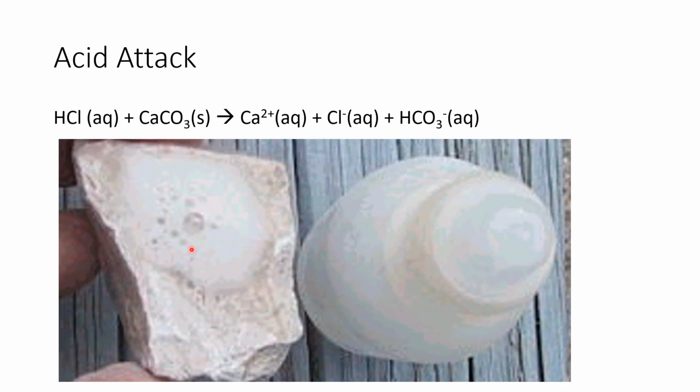Now, what's going on with the bubbles? What's the fizz? Well, I didn't write it, but what happens is this HCO3, that is the bicarbonate ion, will actually combine under the acidic conditions where we put the hydrochloric acid on there. It'll combine with another free proton to make H2CO3, and then H2CO3 will break down into H2O and CO2. So that CO2 then comes off as CO2 gas bubbles. So that's what's happening chemically in that whole dropping acid on the calcite test.